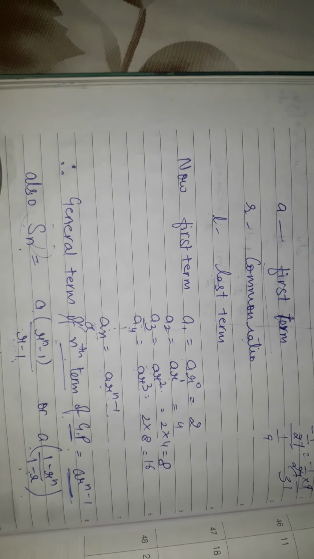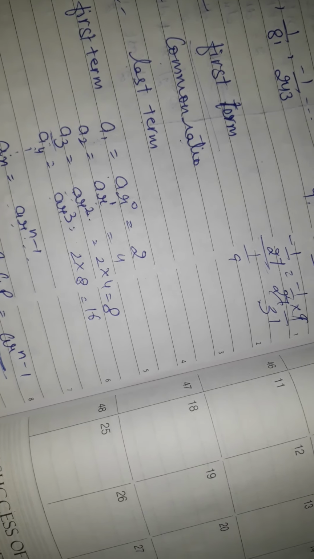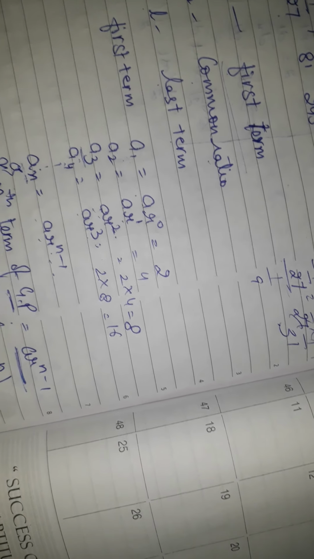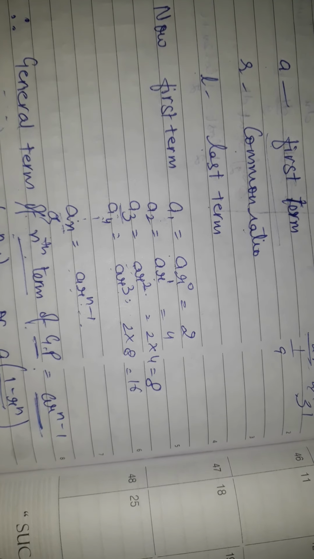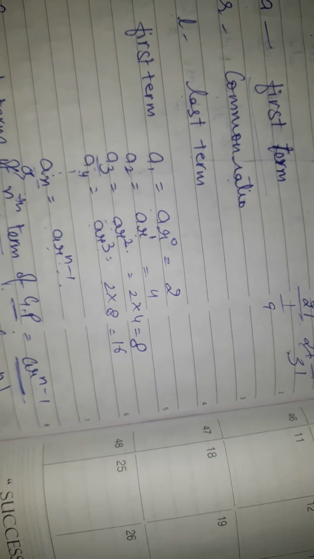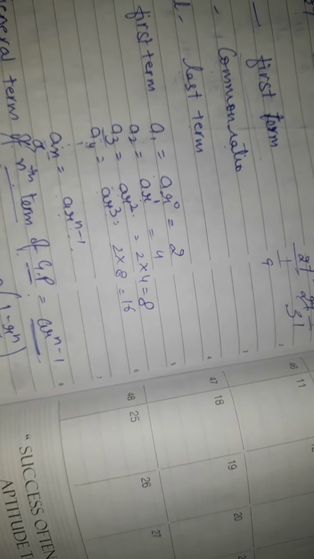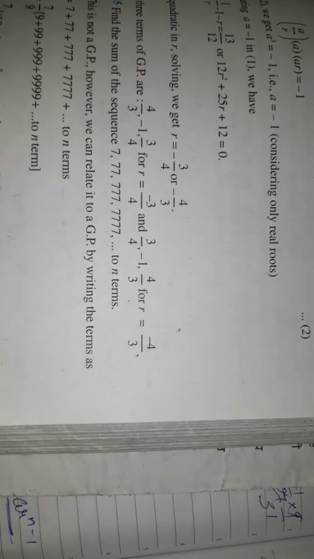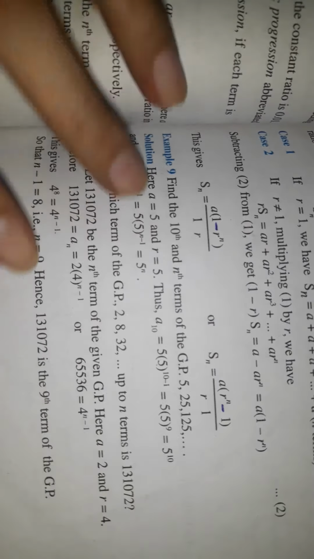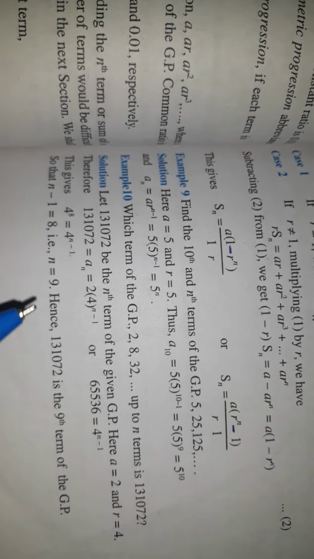Now I want to do with you the various important examples of this GP. All the examples of GP are very much important, and one another topic of GP is there, that is GM, like the one we have done in arithmetic mean, आपने करा था. So ऐसे geometric mean भी होता है, जैसे arithmetic mean I have explained you in your Zoom class. So there is geometric mean also, but geometric mean I'll take it in next video. So for this video I'm going to take a few examples related to this. Then we will take questions if you want.